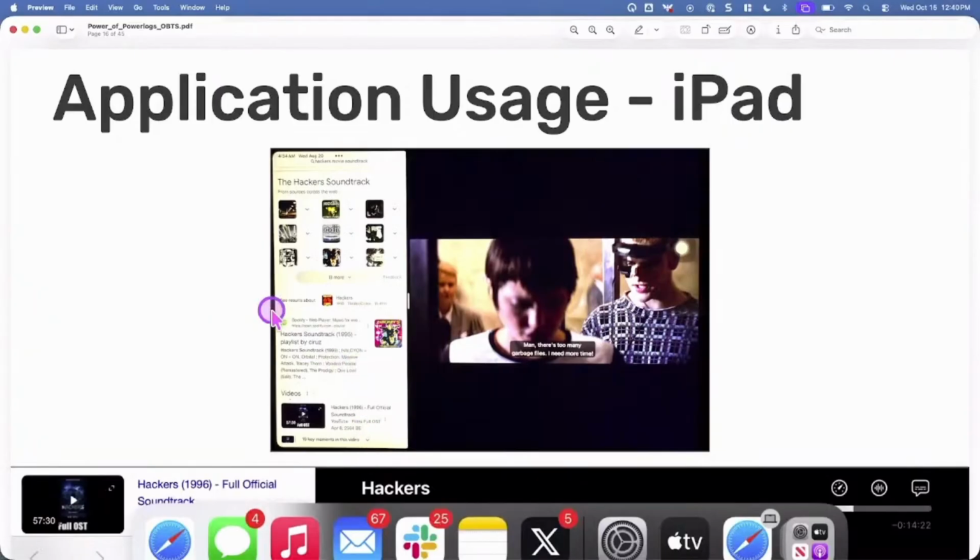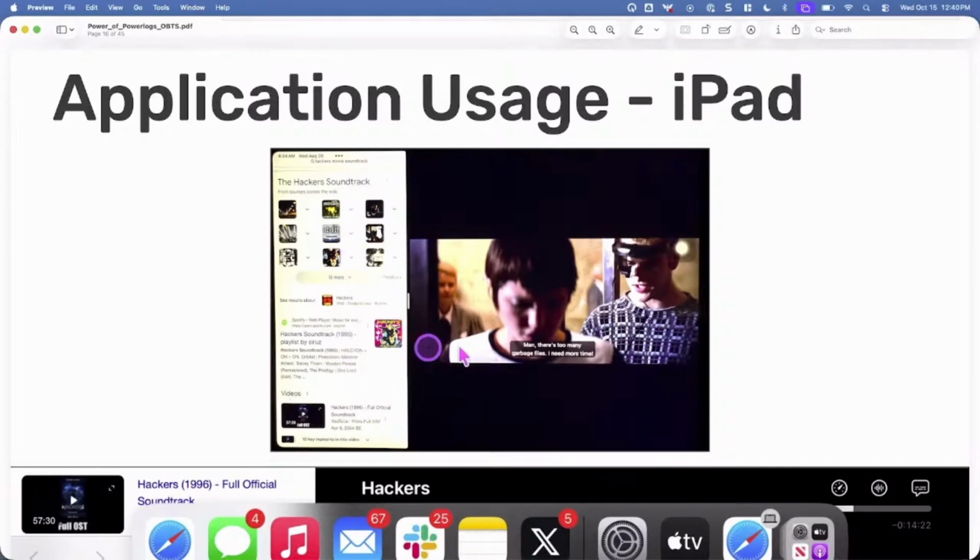Now, on the iPad, right? The iPad, you can have multiple applications open. This is just an example of everyone's favorite hacker film here, Hackers, of course. And they have an amazing soundtrack. If you didn't know, there are actually three different soundtracks, and I own all of them. These are the only CDs I still have in my world. I don't even have a CD player except in my car, but I still have these CDs hanging out.